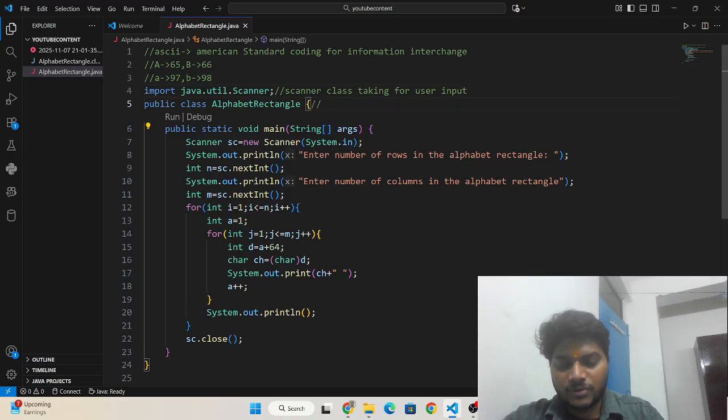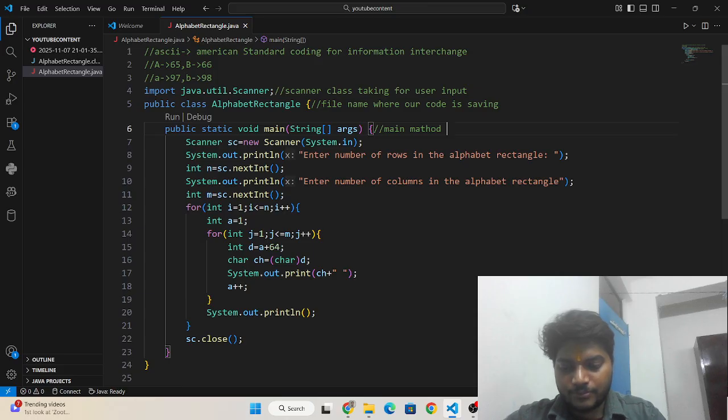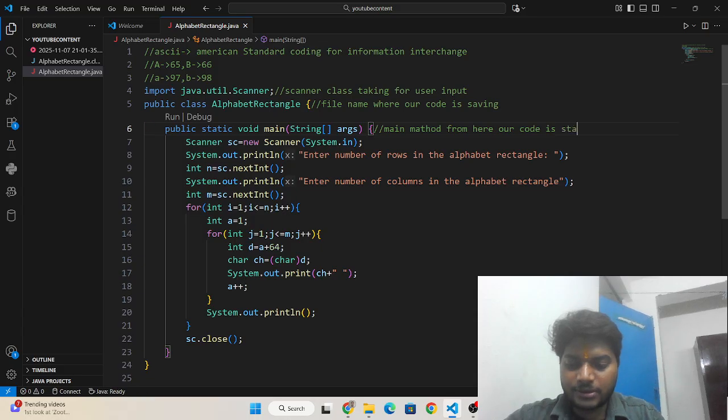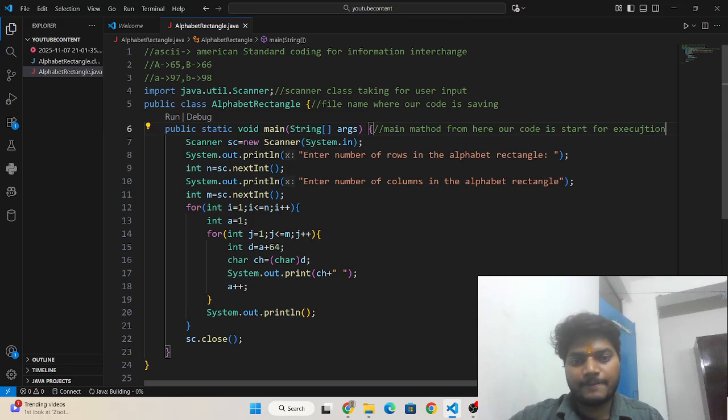And this is the file name where our code is saved, and this is the main method from where our code starts execution, and here I have created an object for the scanner class.